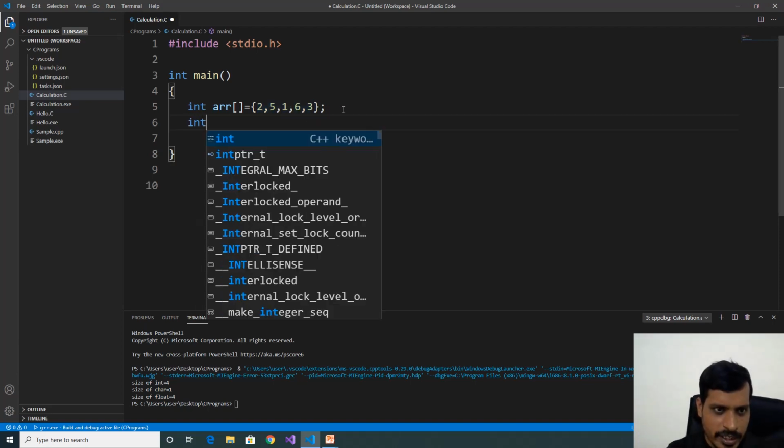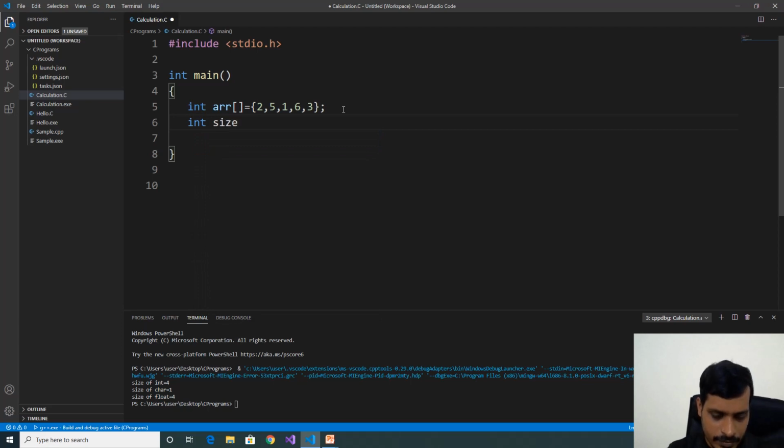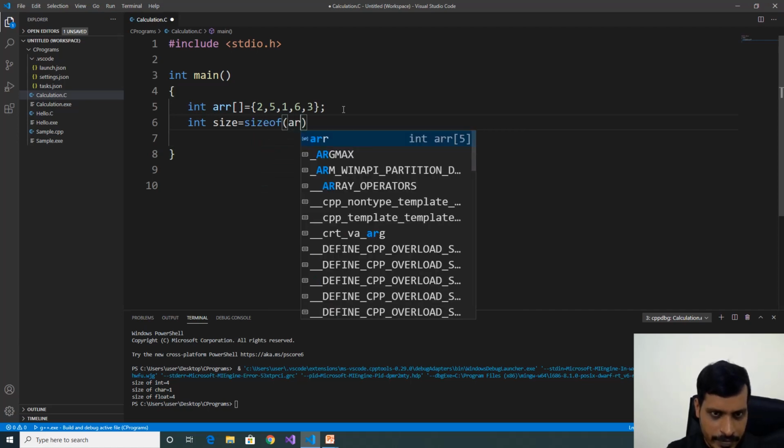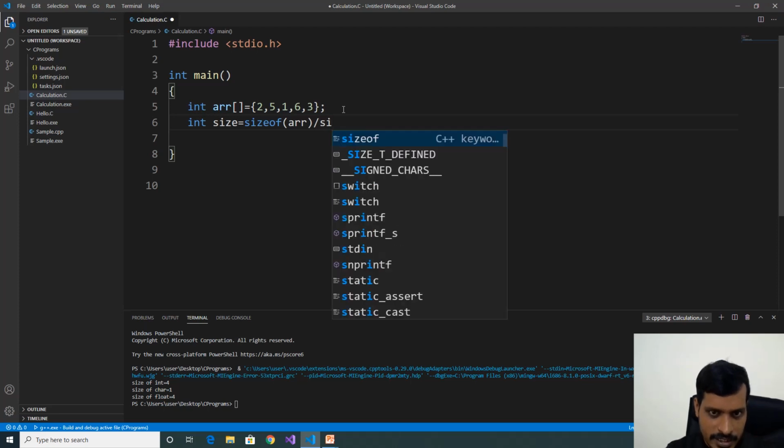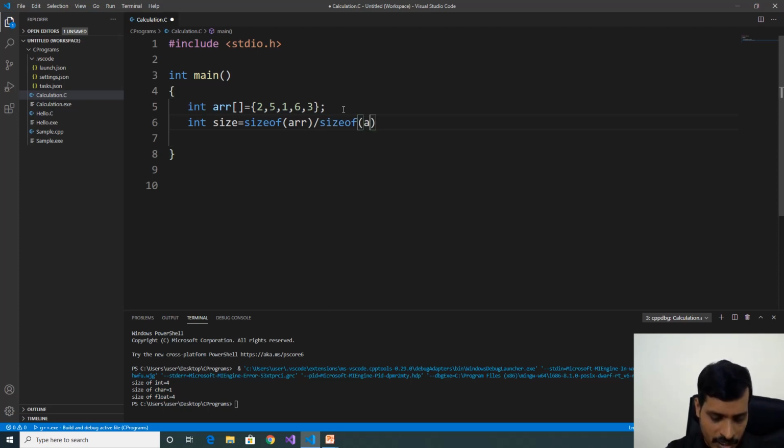Declare a variable int size = sizeof(arr) / sizeof(arr[0]). What will this provide? sizeof(arr) will provide size of all the integers from the array.